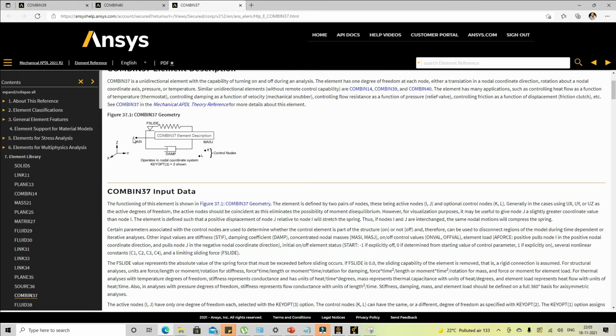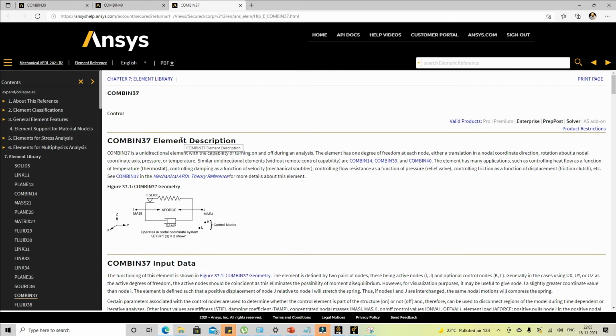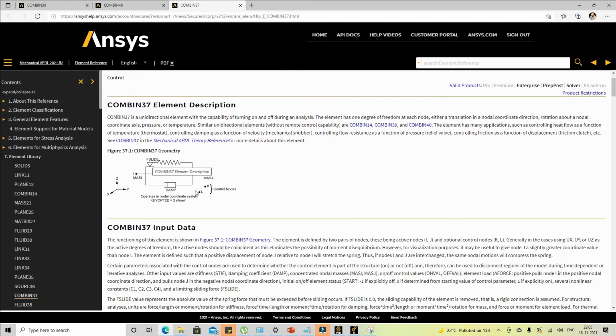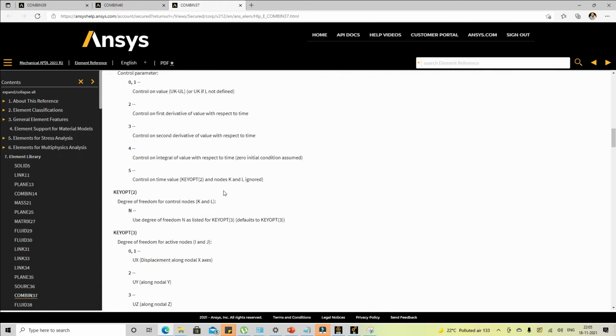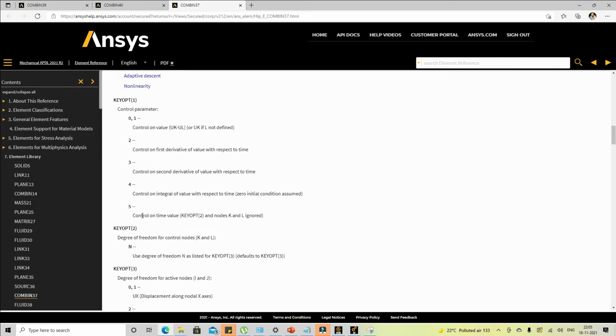Another is that we can directly use the combin 37 element and make the element behave like a simple spring damper connection, and use the control variable keyopt 1 comma 5. But notice one thing: when we use control on time value, the k and l are ignored. So it now becomes a two node element. For a two node element, we can modify the spring definition that we are doing in the GUI.